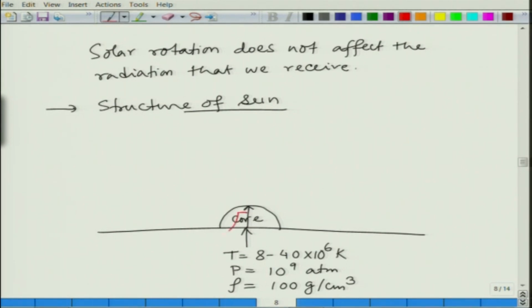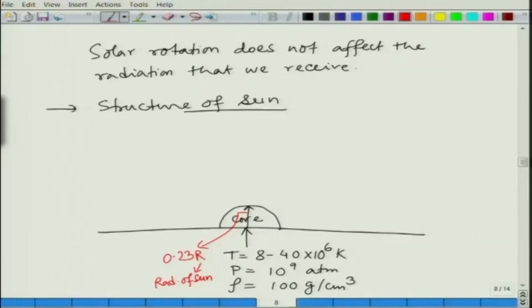So, this core we can talk 0.23 of R. R here is the radius of sun. Okay. So, 23% of the radius of sun is actually considered as core, and beyond that all the